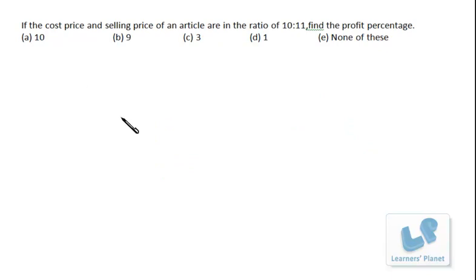Now friends, it's a very simple problem of profit and loss, and you don't have to go for any sort of paperwork to solve the problem. And if you are not clear about this concept, do attend the profit and loss session before coming to these full length problem solving sessions. Okay, so cost price and selling price ratio is 10:11. That means the selling price and cost price ratio, that is SP by CP ratio, will be 11 by 10.